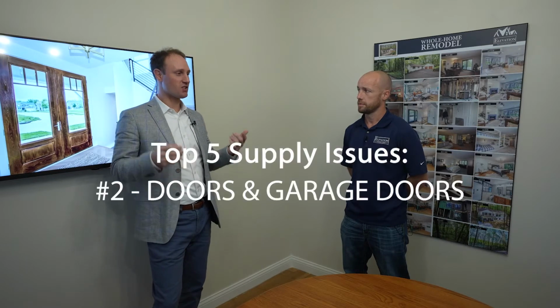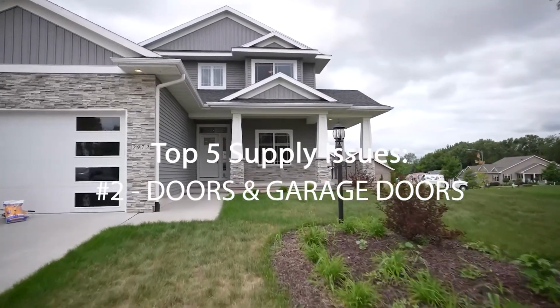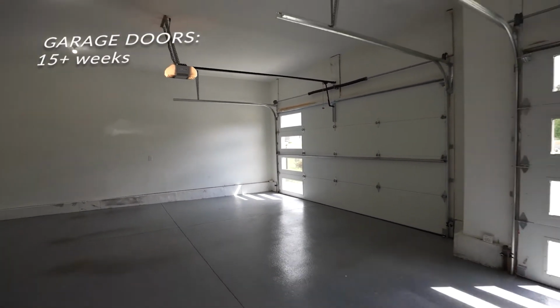Well, the other item that I just laugh at, because when you drive around, I see this all the time, and I'm sure you'll have a lot of insight into this, is exterior doors and garage doors. I mean, garage doors, really? Like why? But you can't order them right now. Yeah. How many months out are you on garage doors and exterior doors? I want to say garage doors right now, especially once you get into the more specific higher end,